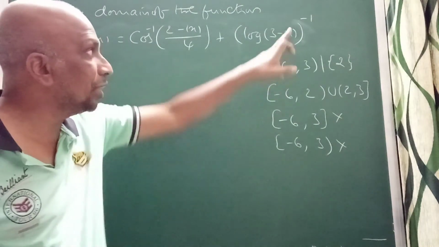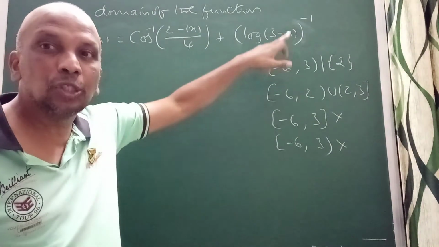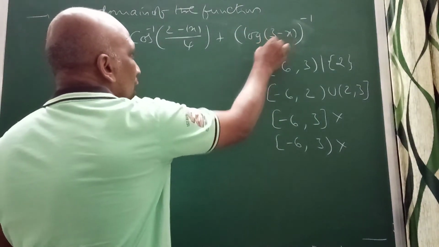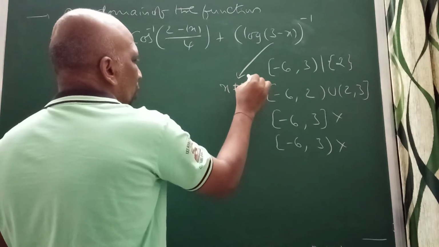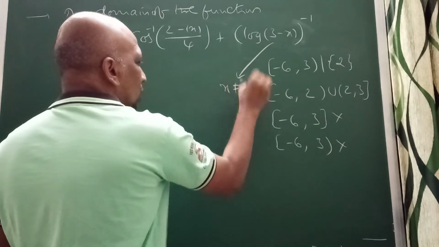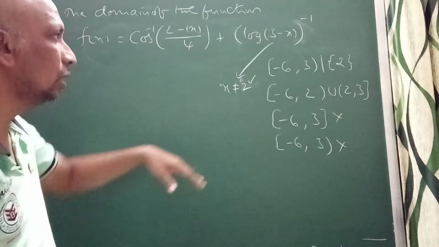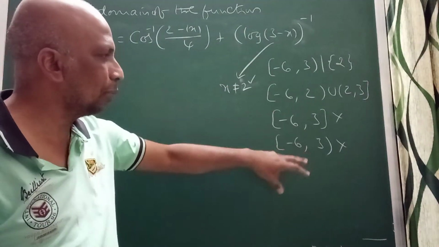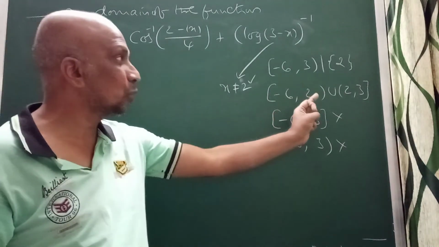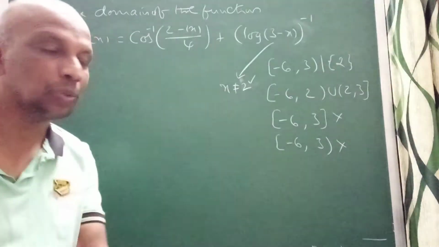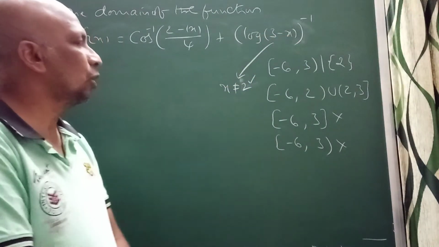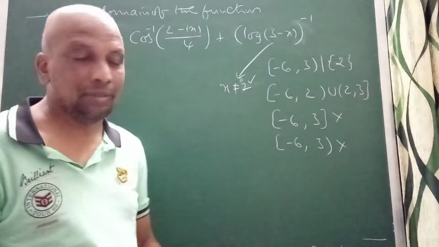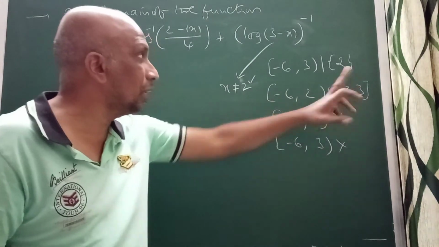Look into this, we can decide x value should not be 2. Why, sir? If it is 2 here, log 1, 0 will come. So look into this, immediately you can decide x value should not be equal to 2. I will explain, get an idea about this. So it should not be 2. So these are not the other options, including 2. You can say excluding 2. Then you should think, what is your answer here? You should be careful here. You should think. Including 3, if we take, suppose we take 3 here, including 3 is here.